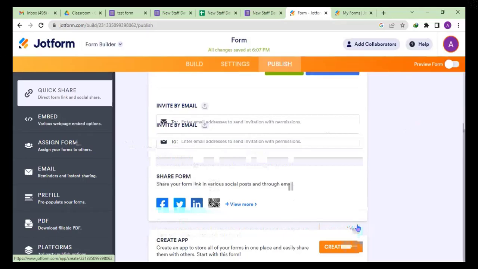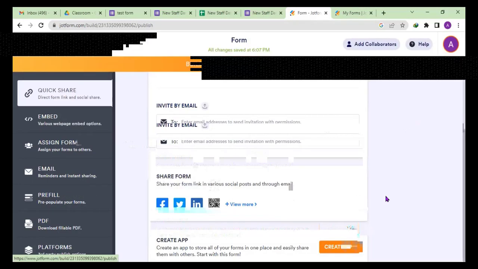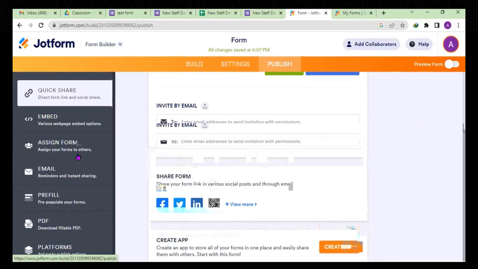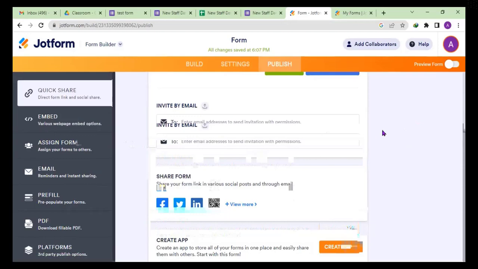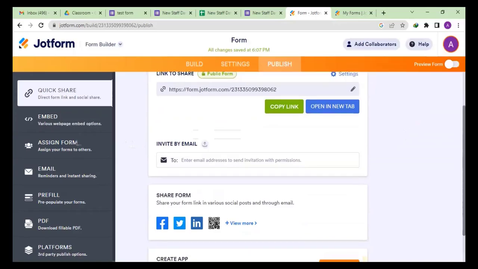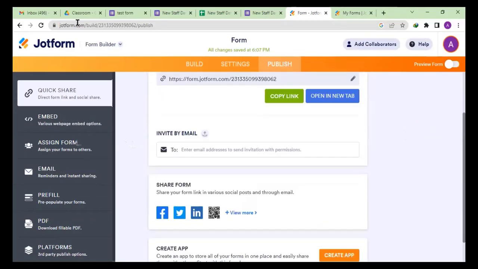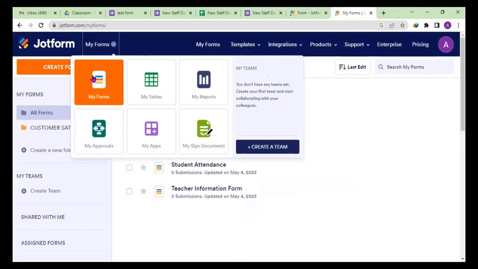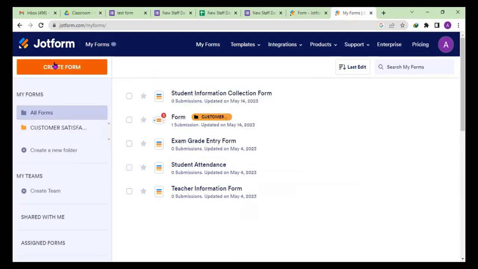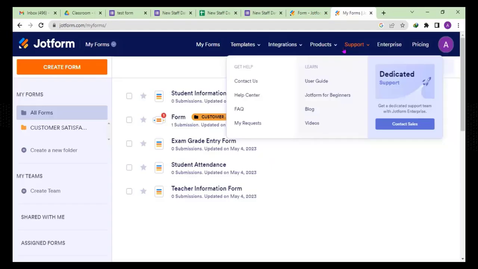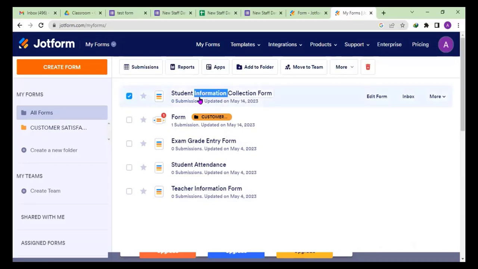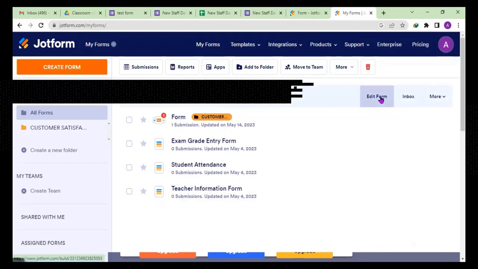One thing about JotForm is that you can convert any of your forms into applications. Although you are going to pay, you can convert them into an application, which can be filled like a normal phone application or mobile application too. You will see that under the form here, under my forms here,